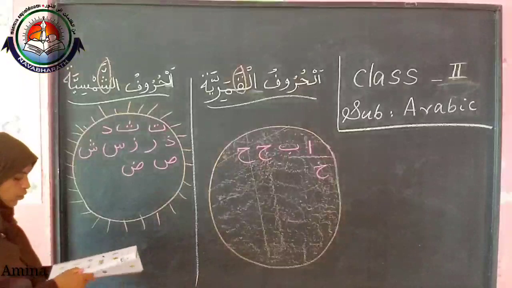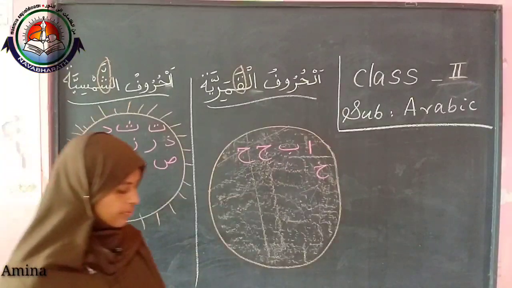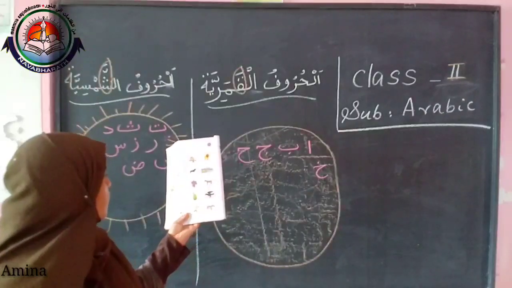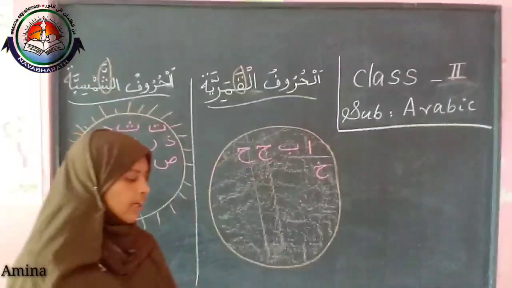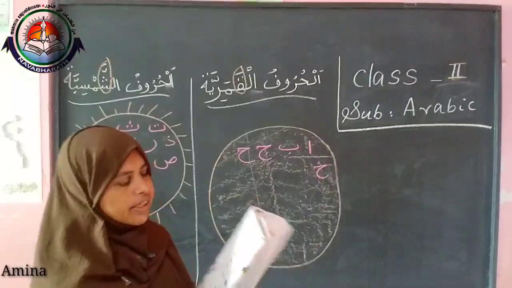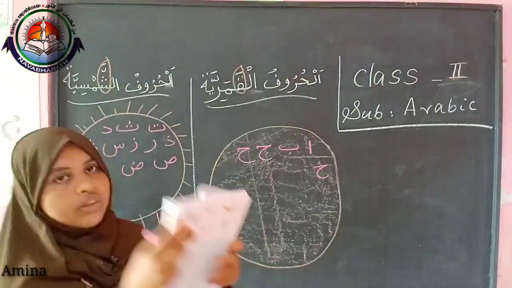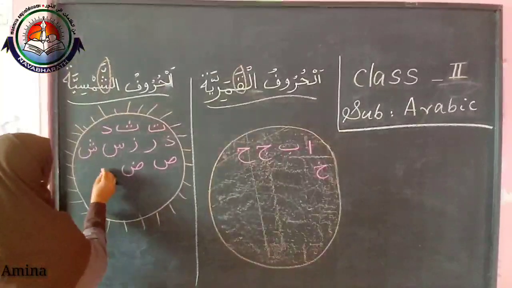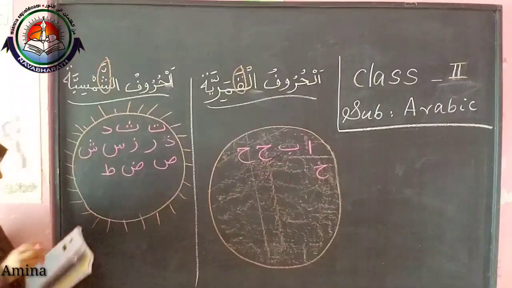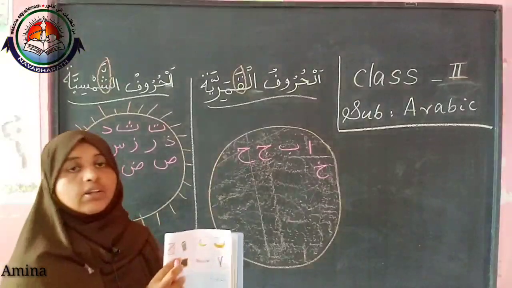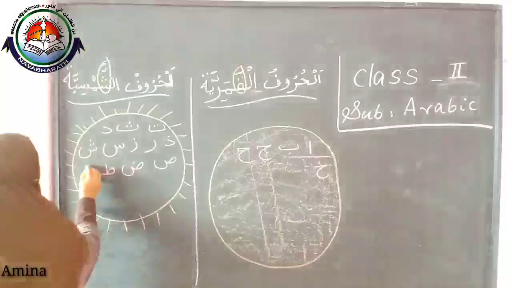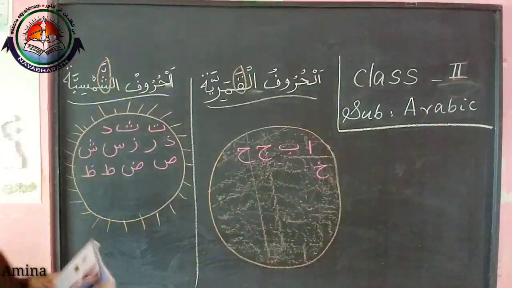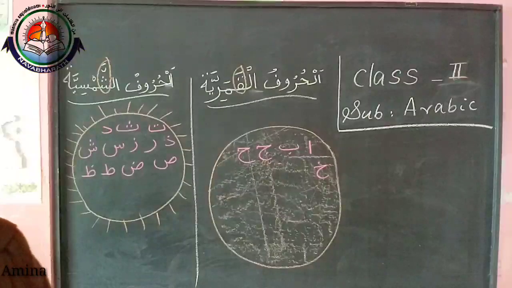Then ta, to. Can you see any picture with the to? We can see it in this page, I think. Yes, here it is. Tubla. At-tubl. Then to also we wrote here. Then larf. Al-larf. Then we cannot hear the sound of lam clearly, so la also we wrote there. To, la.